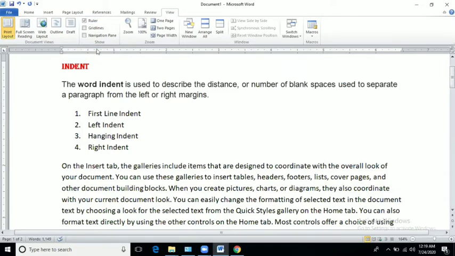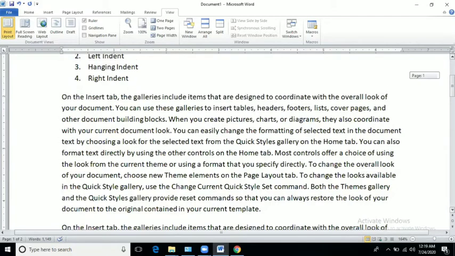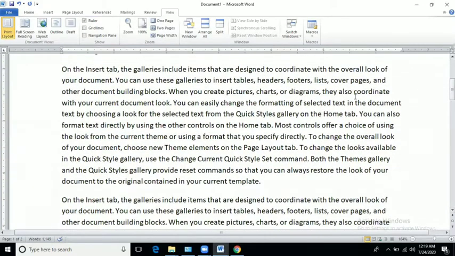By using the ruler, we can provide the different indents: first line indent, left indent, hanging and right. So how is it possible? For example, I want to apply it to this paragraph. Firstly, you can see this one, the topmost. That is called first line indent.